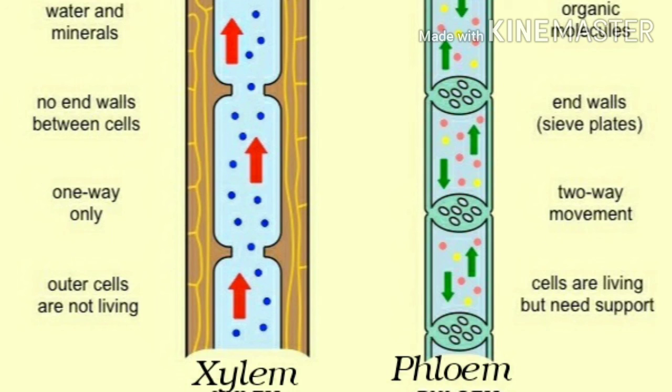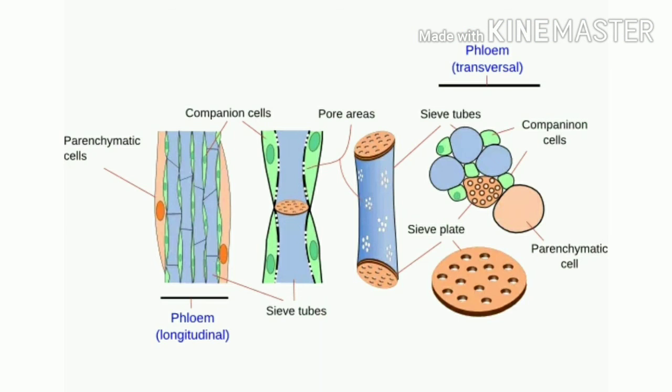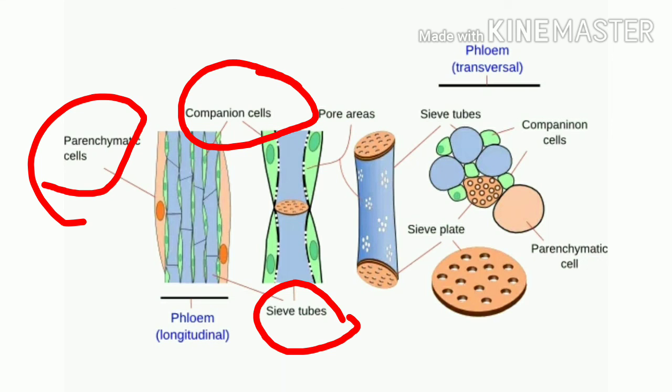In case of phloem, the transport is bidirectional, that is the food can be transported from leaves to other parts of the plant, and during adverse conditions the stored food material from roots or other parts can be transported to the whole plant. So the transport can be from top to bottom or from bottom to top. That's why it is said to be bidirectional transport. Phloem in angiosperms is composed of sieve tube elements, companion cells, phloem parenchyma and phloem fibers.